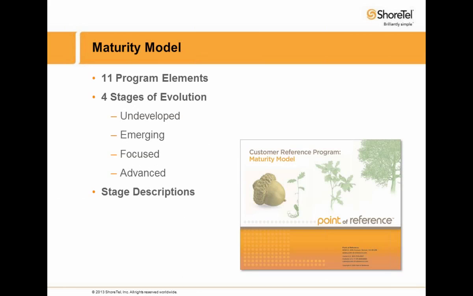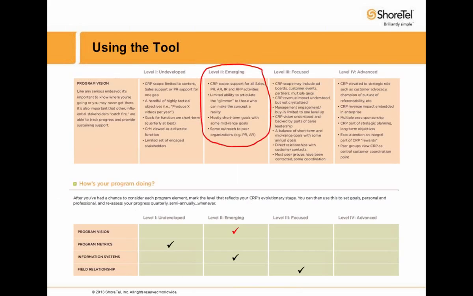If you go to the next slide then, here we're looking at one of the elements, program vision. So as you read through each of these descriptions, find the one that most closely matches your environment and circle it. This tool will be available to you after the seminar if you're interested for download. At the very end of this tool, you'll find the section where you can put your check marks in. Liz says that she often goes through this and actually puts a date in, so she's tracking it over time, which is something that we're also proponents of.